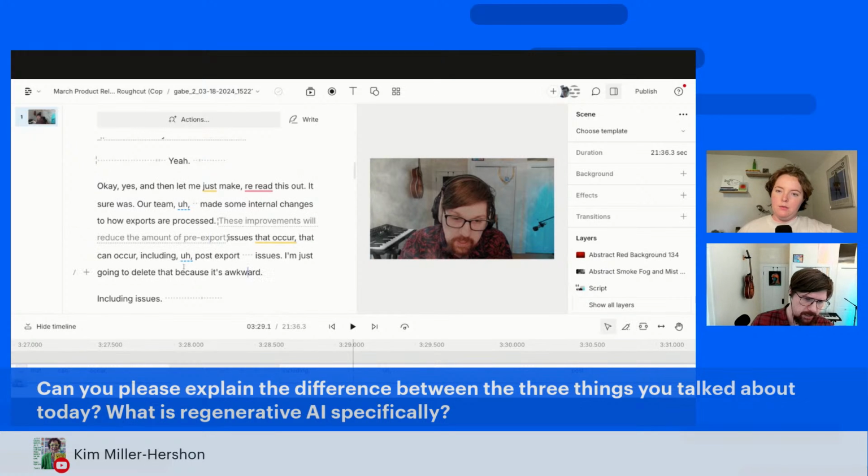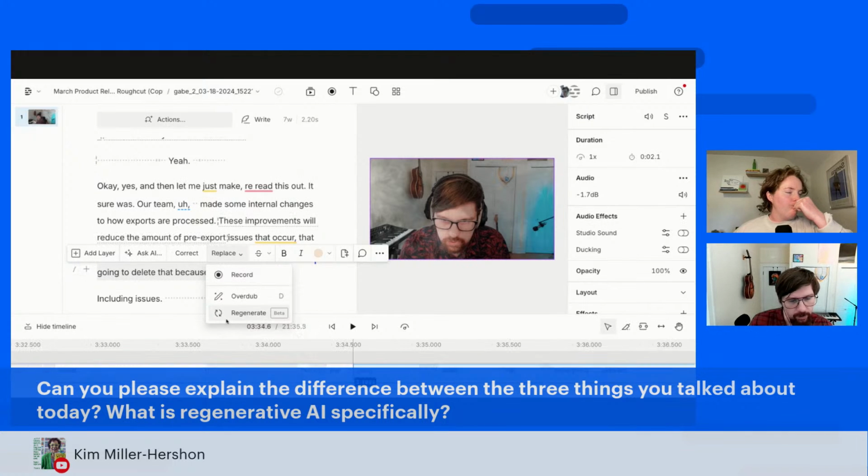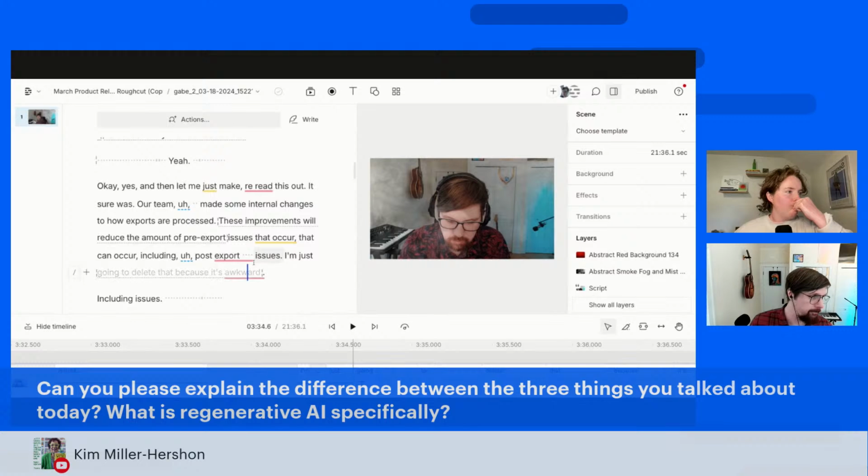The last concept is regenerating, which is when I have a recording that I don't like the intonation or delivery of, but I like the words. This I can regenerate, and this does not require a consent statement, so you can use it for any speaker in your project without cloning their voice. It's just going to re-say the exact same thing they already said with a slightly different tonality. And then you can cycle through them, try different variations. And that is all of the types of AI speaking we do. Love it. That was a really good summation.